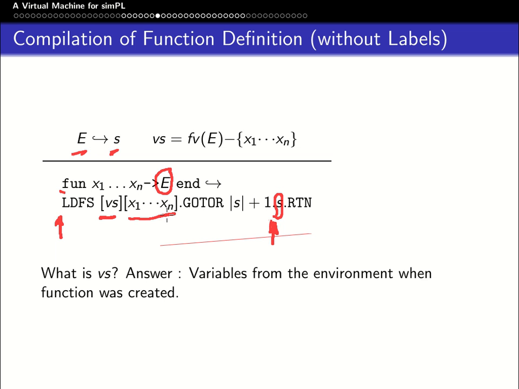And the address of that function is known. It's the current PC plus 2. So we pretty much have all the elements to compile that function. Okay? Now, why do I need VS? X1 and Xn is pretty clear why I need it, right? They're arguments to the function. So at some point, those arguments have to get values. And when do they get values? Not now at the definition, but rather at the time of the